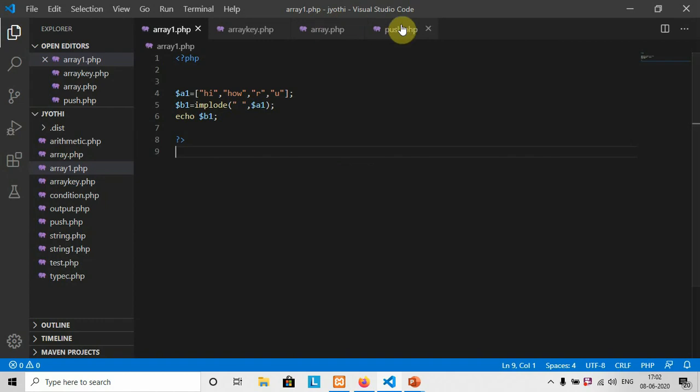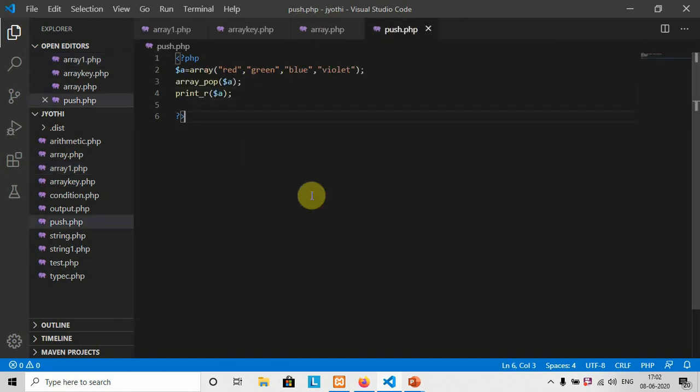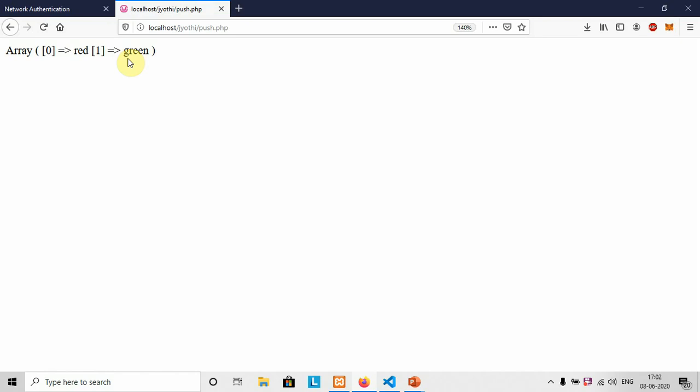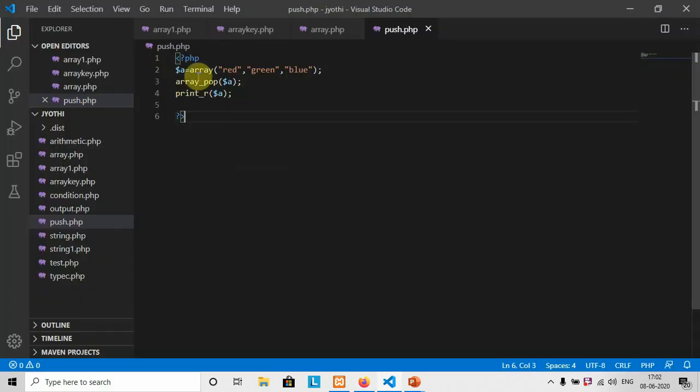Of course we have some code here. In this code I am trying to pop. Let it be, I have 3 elements. My array consists of 3 elements, and then I am going to pop an element. So what will happen? The last element will be deleted, that is blue. So the output of this array will be only red and green. So there are only 2 elements, red and green. What happens to the last element? The last element was blue. It got deleted. Similarly we can delete elements, and we can add elements also.